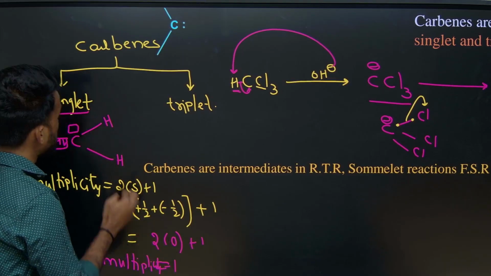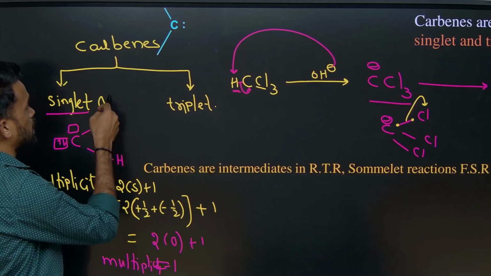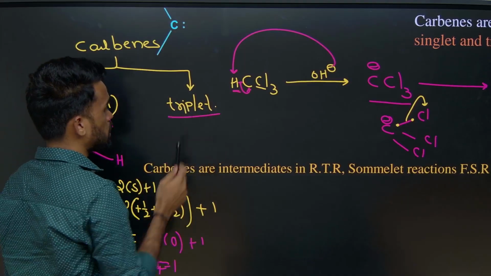So I can say this is singlet. What is the multiplicity for singlet carbenes? This is 1. Now when it comes to triplet,